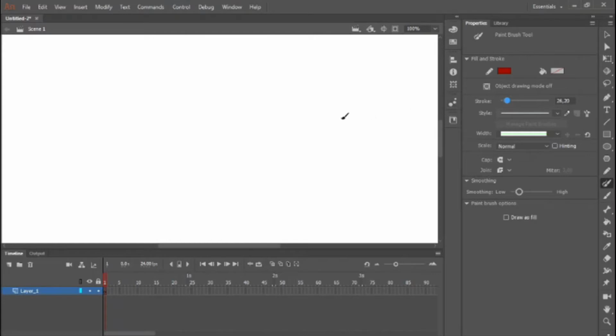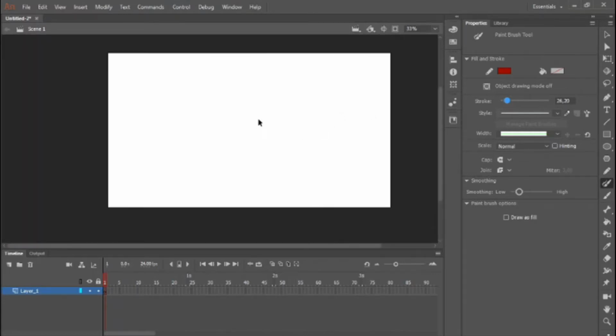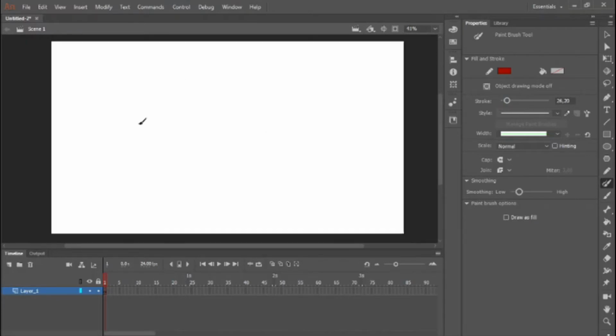You can press your Ctrl key and scroll with the mouse wheel to zoom out in order to see the whole canvas. Okay, it's perfect. Now I draw a circle. When you are done, you can hit F7 to create a blank keyframe after the current. You can see the new frame appear in the timeline.